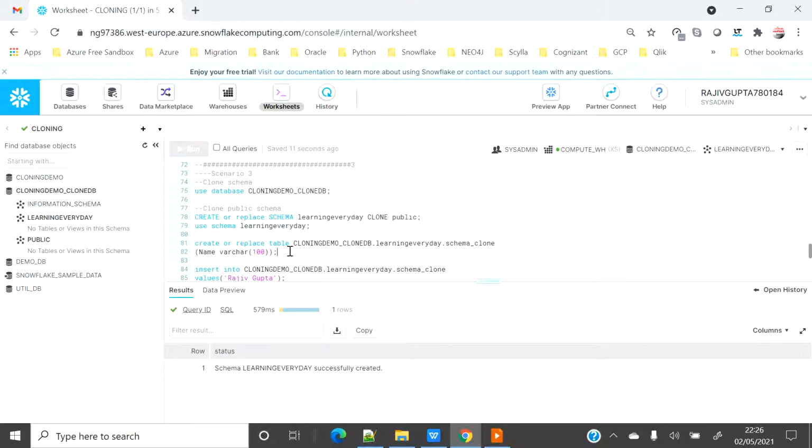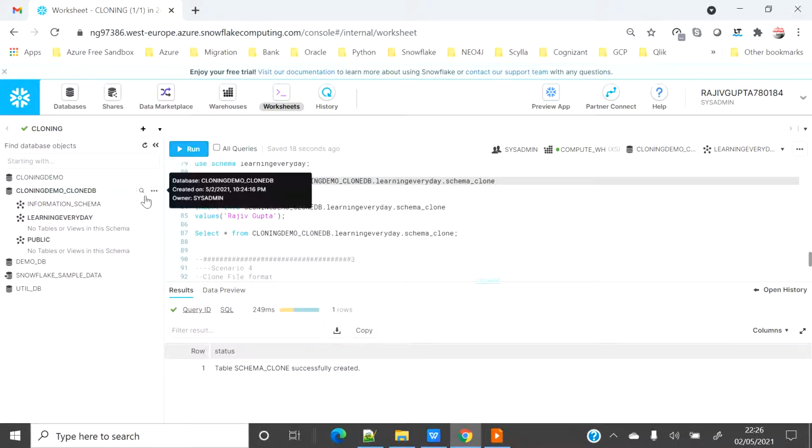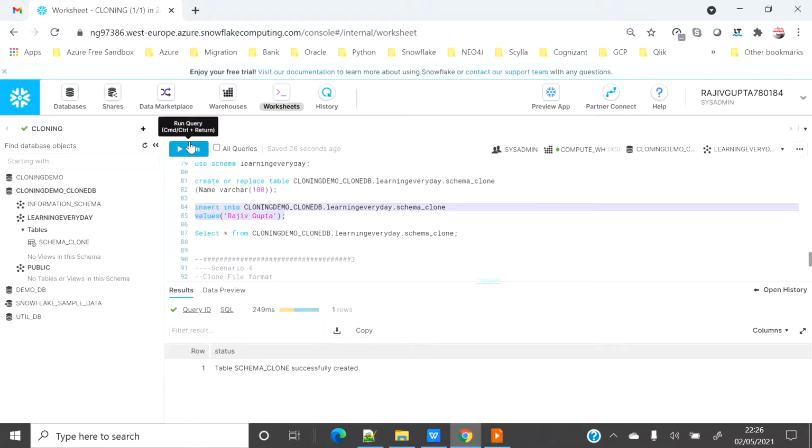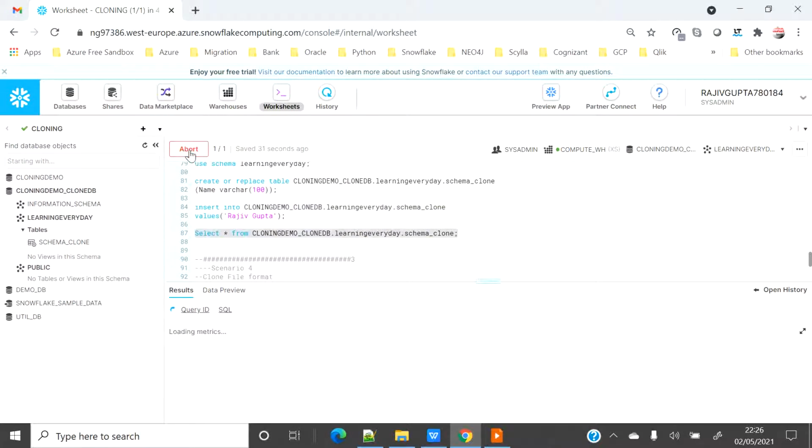Now I'm going to create a table in the learning everyday schema with the name schema clone. If I refresh, I can see that a single table got created in the learning everyday schema. Now I'm going to insert a dummy record there, and then select from the table to see whether the record had been inserted successfully or not.